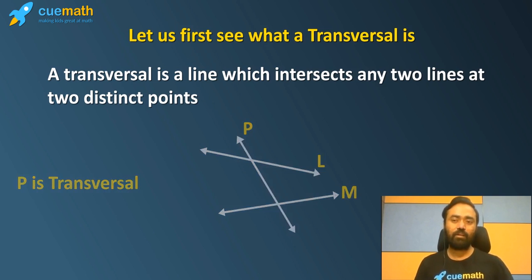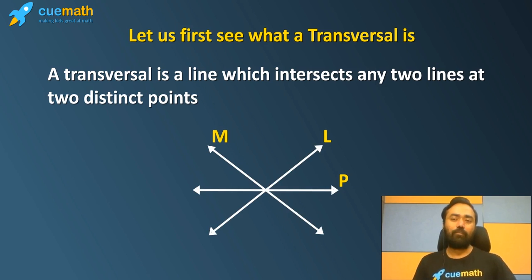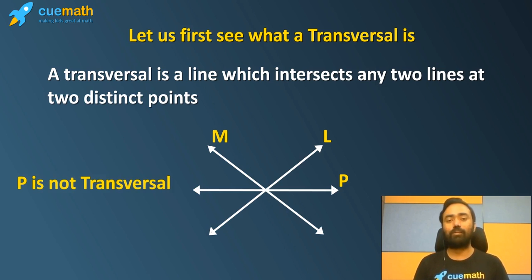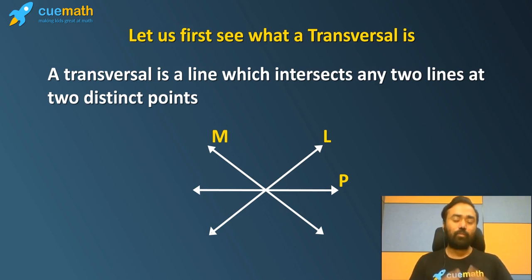So basically we can say that since P intersects L and M at two distinct points, therefore P is a transversal. Let us consider one more scenario where we consider the two lines L and M such that they intersect each other already. And if now we consider a line which passes through that intersection point and mark this line as P, in this case, the line P intersects L and M at only one point. Hence, P will not be called a transversal in this case. So basically, when a transversal intersects a pair of lines, it forms different types of angles. Let us now see in detail what these angles are and what they are called.